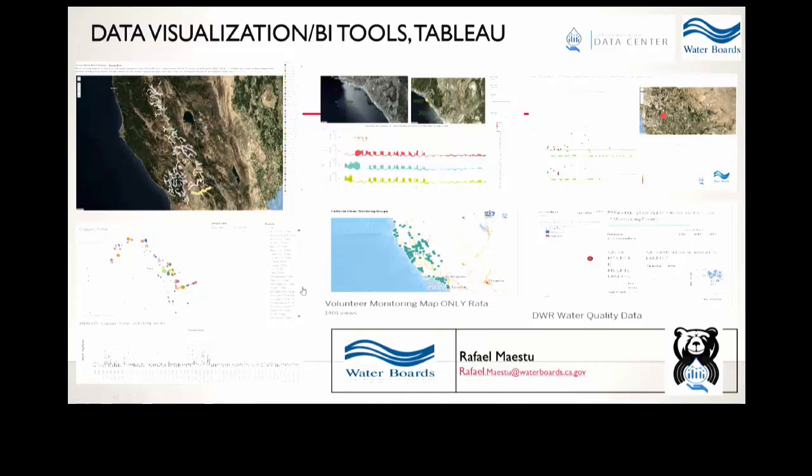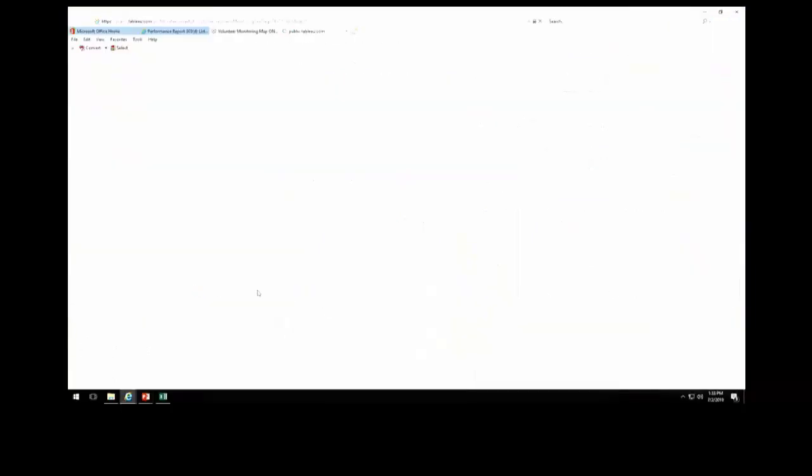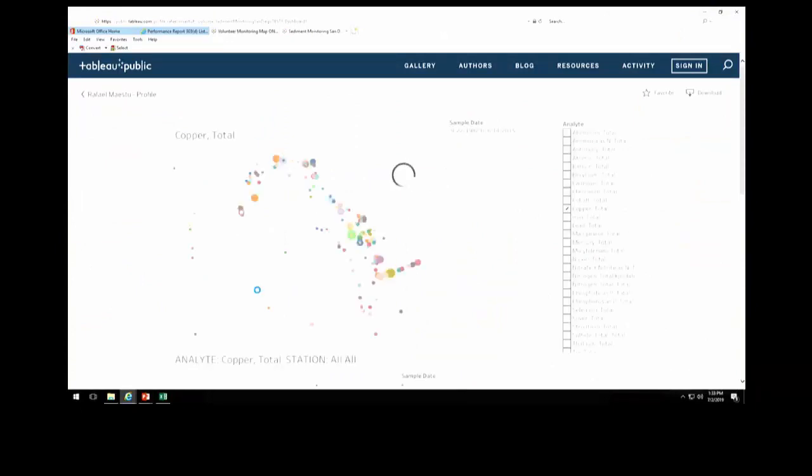So then what can we do with this data? What do you guys want to see? You want to see a map? You want to see some interaction? Because this is real. By the way, all this is available on the web, so anybody can access it and look at it. I have like 200 of these visualizations. Because my project is to show you what you can do with your data. So if you have data, I can show you what is possible. The technology that we have today reveals this information that was hidden before. And now we can see the insights and we can make decisions based on that. Because we're doing water quality monitoring, this is, for example, beach water quality information.